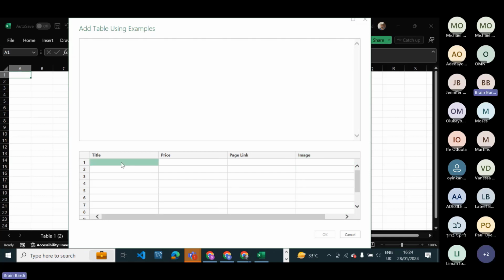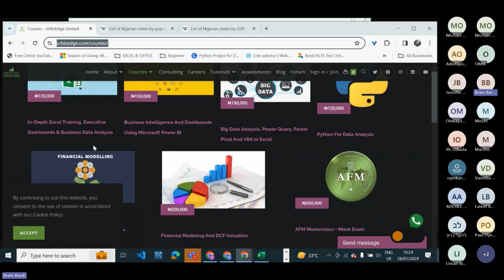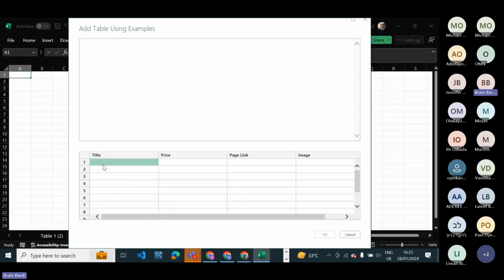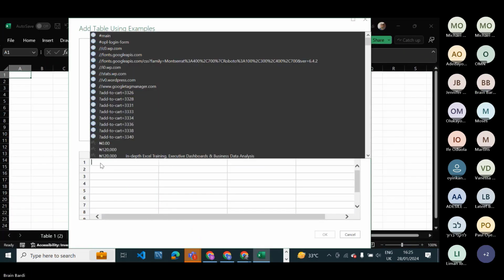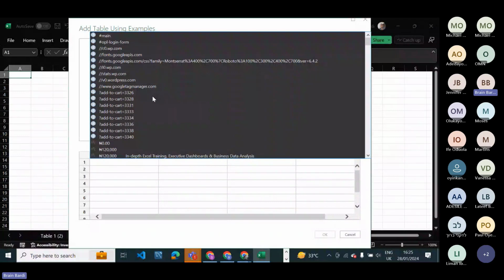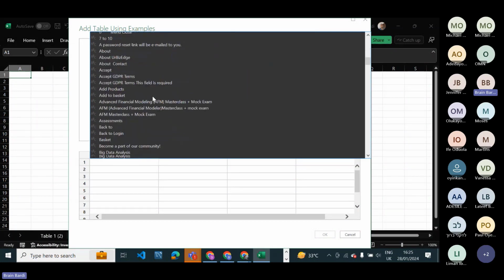Okay. So in order to do this, we also have to be looking at this particular course page, right? The first course is called In-Depth Excel Training, Executive Dashboard and Business Data Analysis. So I'm going to click on the first row. When you click on it, all the items on that web page are going to pop up for you to select because it's not organized, so you have to choose what you want.